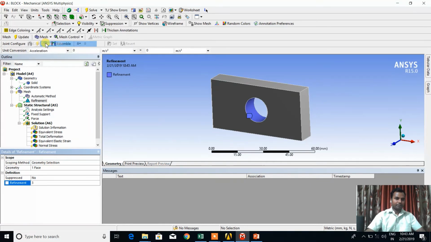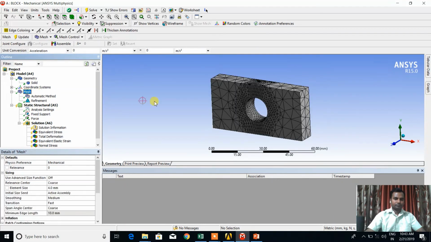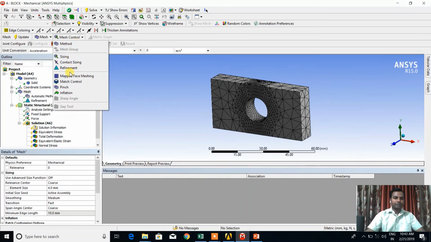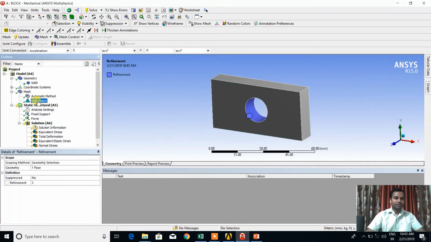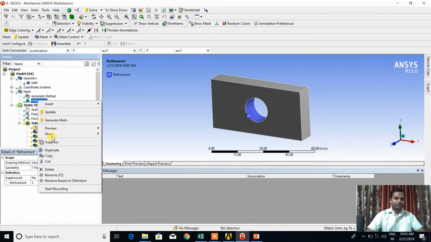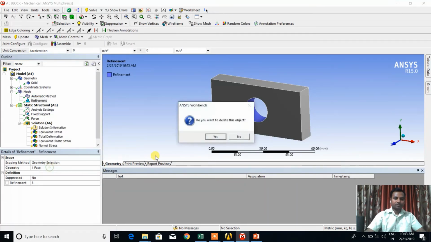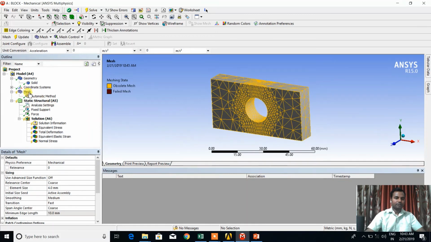Again generate mesh. So the refinement level will change. So this is again the mesh control part. Thereafter the map face meshing, I want to delete this refinement now. Delete, again generate mesh.